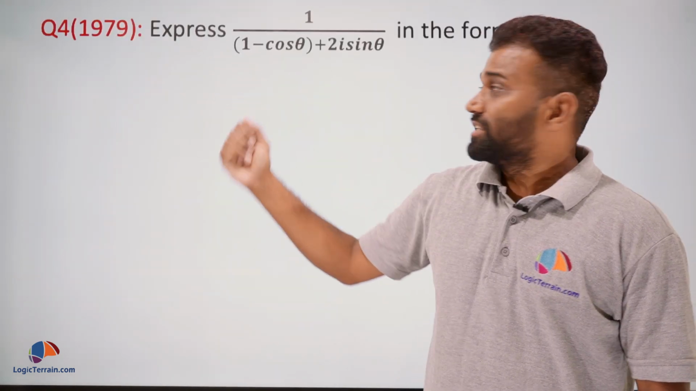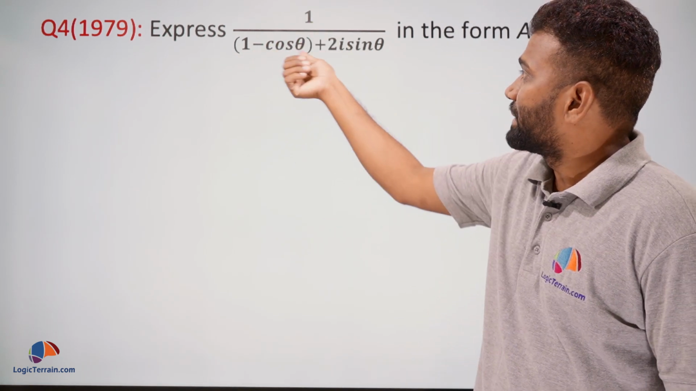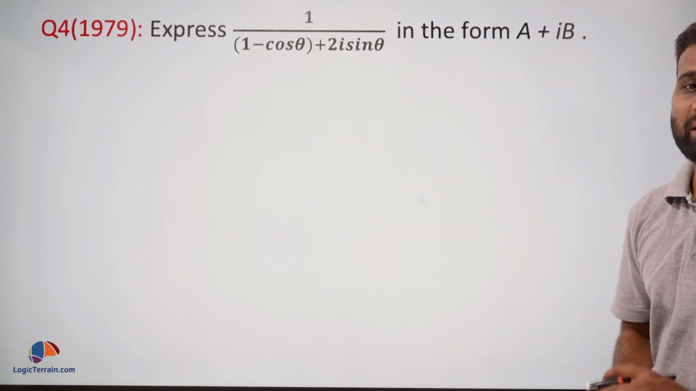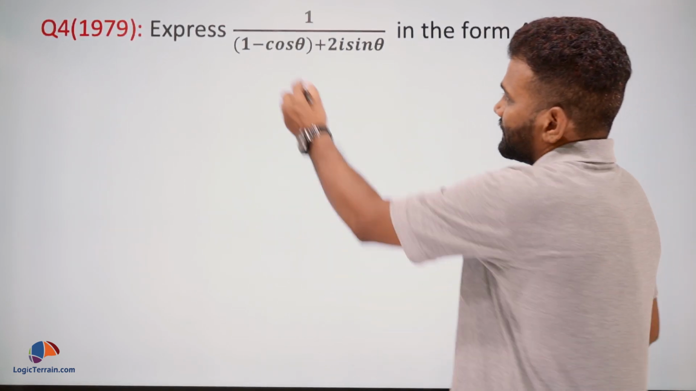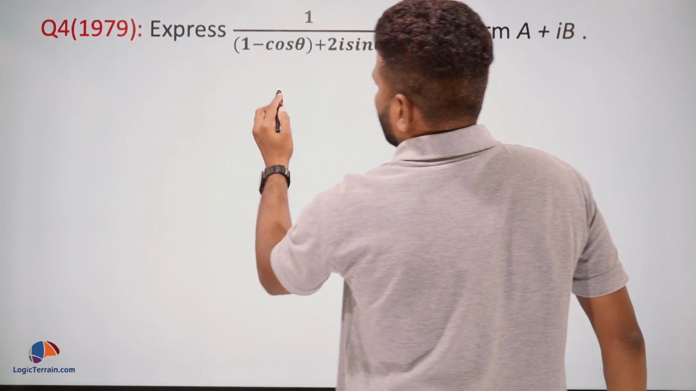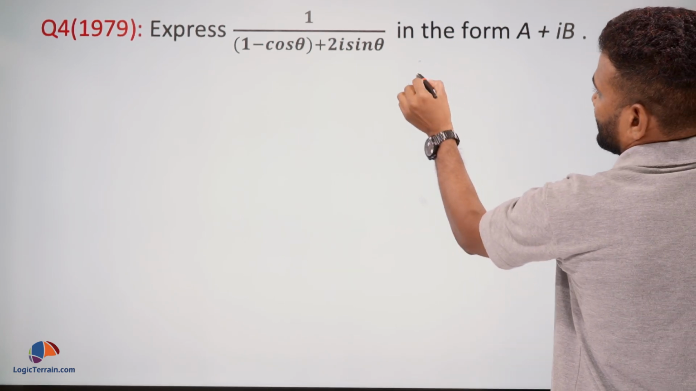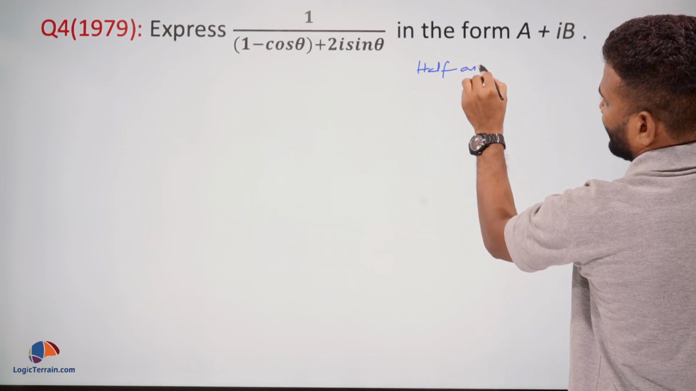Here is our next question. Express 1 upon 1 minus cos theta plus 2i sin theta in the form a plus ib. So for that what we'll do is we use the half angle formula. So by using the half angle